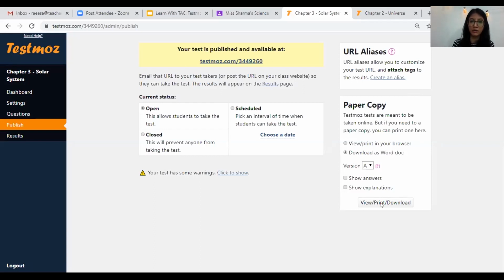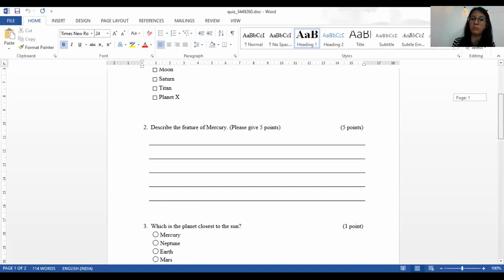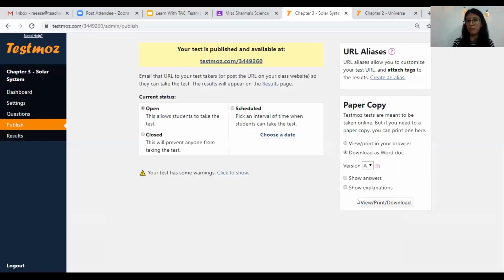Let me show that to you again. Since I've selected without answers, I can simply print this Word document and share it as a question paper with my students. If I select it with the answers, then it will give me an answer key. I simply have to click download from here.